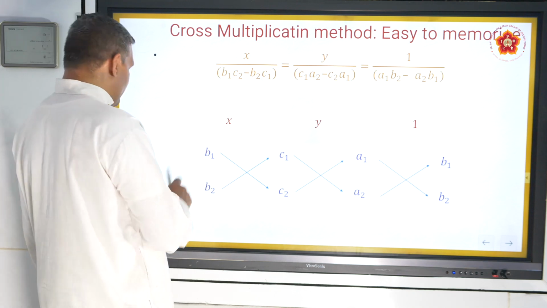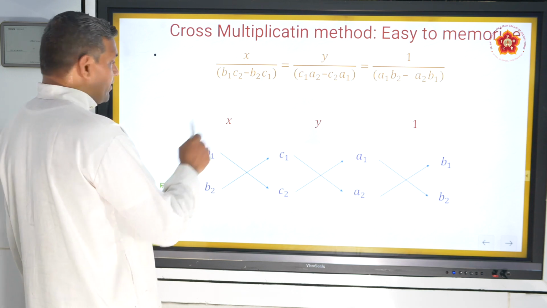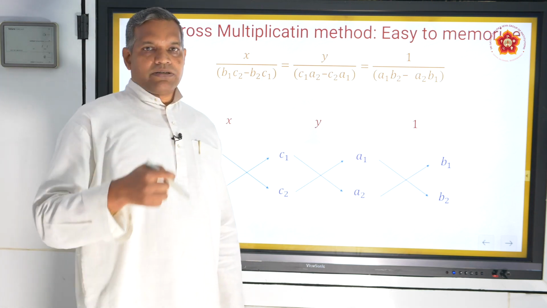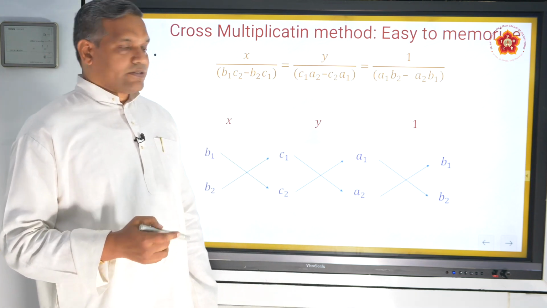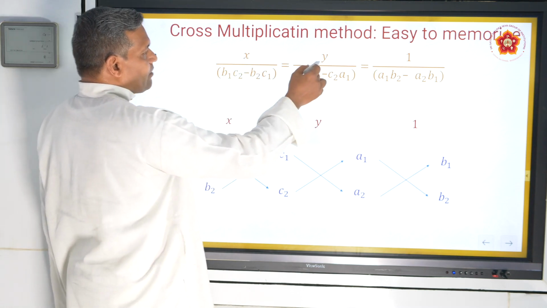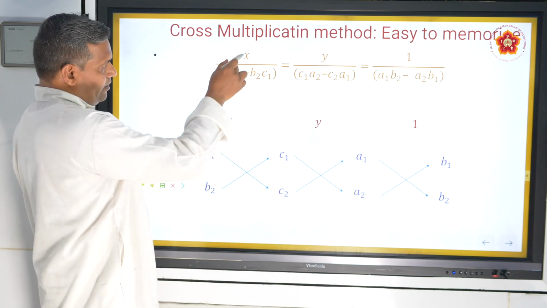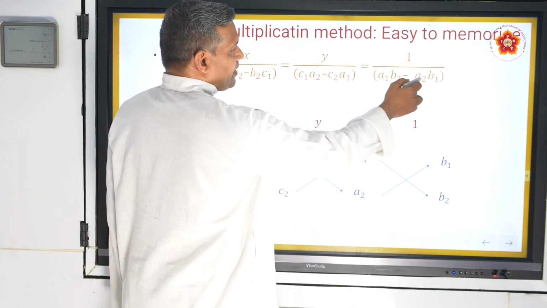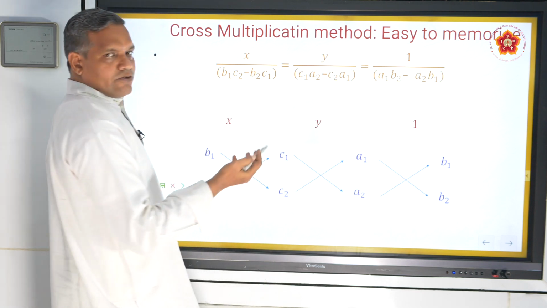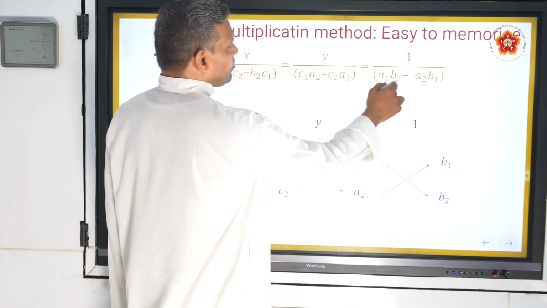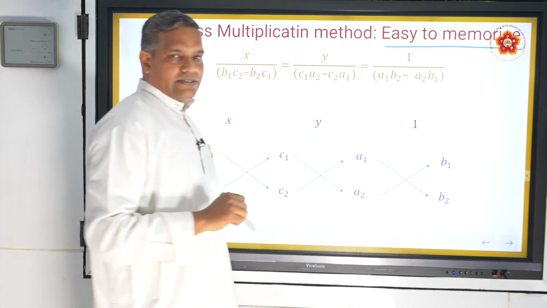Here, this is the general thing. Always you get it in your textbook also. They'll ask you to remember this particular formula, and you need to write it in your notes, and write it in your examinations in a corner, substitute the values and get the sum solved. So let's look into this particular thing. X by y by 1 by, you have to write. After writing that, as I said, the constant follows with AB, x follows with BC, y follows with CA, and you know the pattern of 1 2 2 1. This is only for the sake of an easy memorization technique. It is not the process at all.